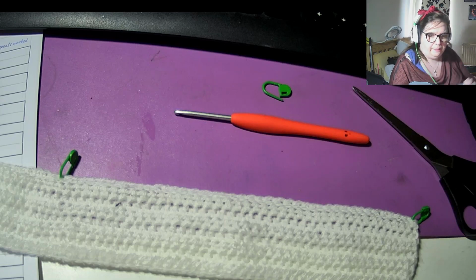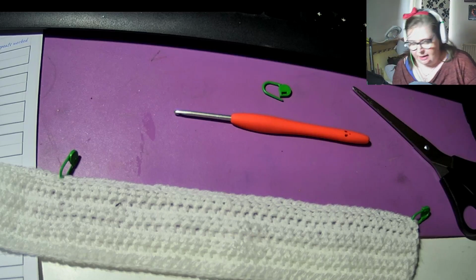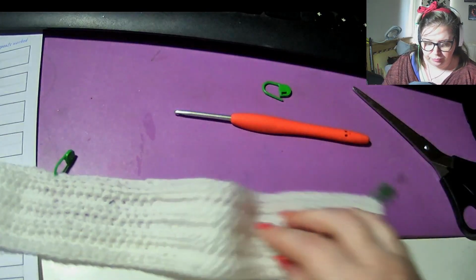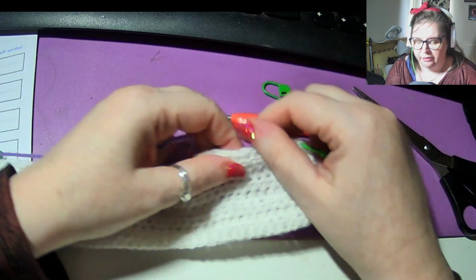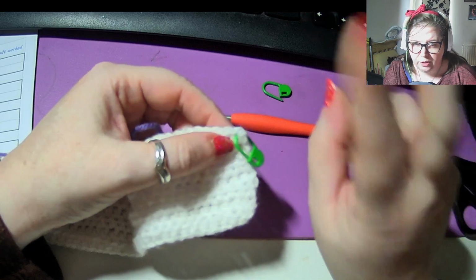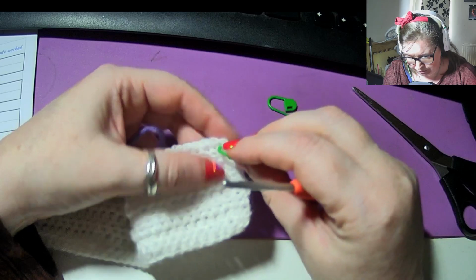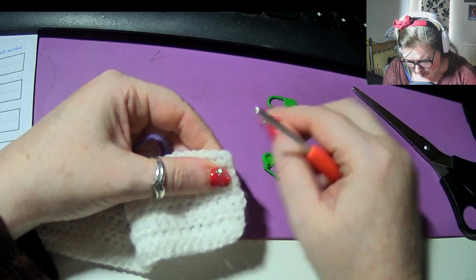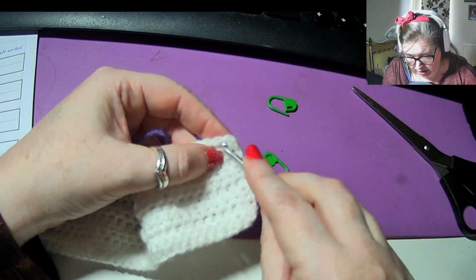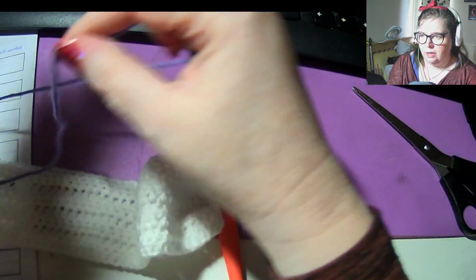So I am now just getting the rainbow colour out, and I'm going to show you how to start a row. Bearing what I've just said in mind, we are going to start again in the middle of the 2 V's. I'm going to find my very first single crochet, which was a single crochet, not back loop only. I'm going to take my yarn